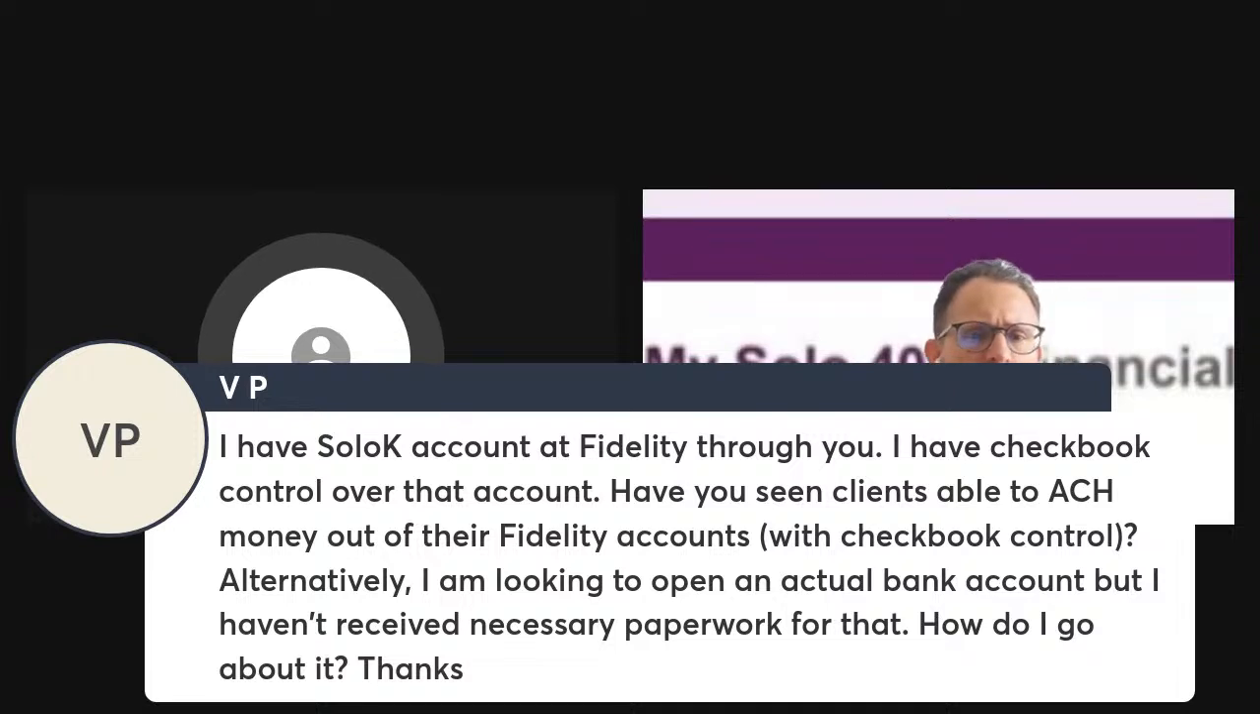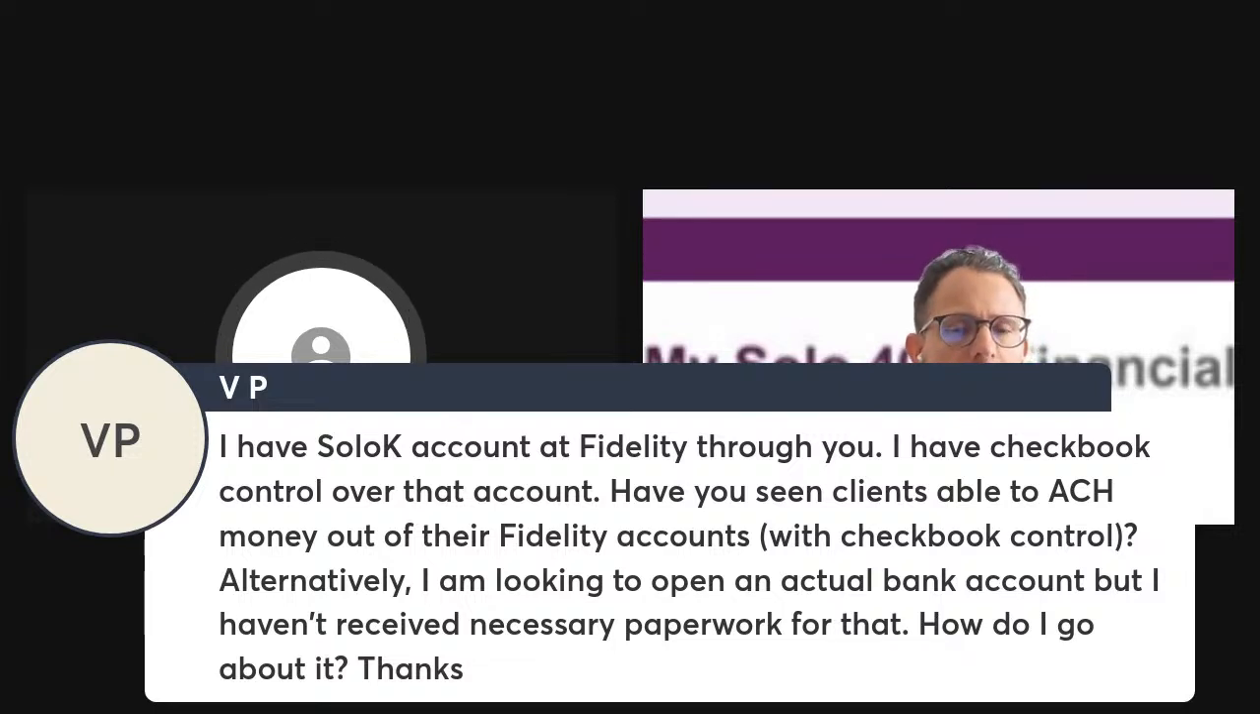I have a solo 401k account at Fidelity through you. I have checkbook control over that account. Have you seen clients able to ACH money out of their Fidelity accounts or checkbook control? Alternative, I'm looking to open an actual bank account, but I haven't received the necessary paperwork for that. Great question. So you can ACH money into Fidelity for making annual contributions to the solo 401k, for example,